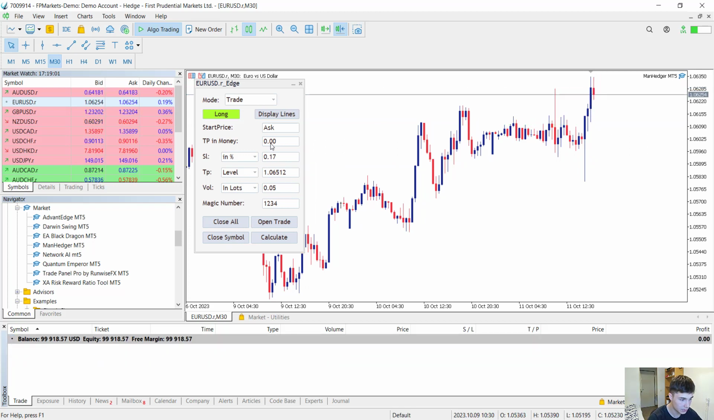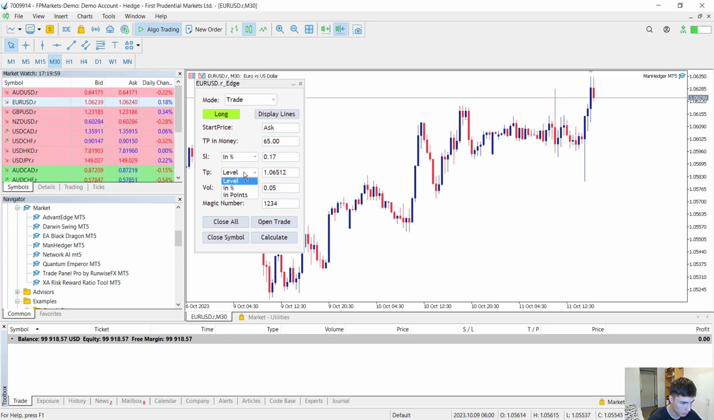One other thing that this EA can do is take recovery trades. Here is the take profit in money text box. Here you can enter how much money you want to make on a trade. For example, if you have lost $60 on the last trade, you can enter 65 here and you will recover from your previous loss. The way you do that is you either want to calculate the take profit or the